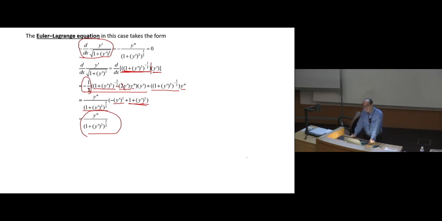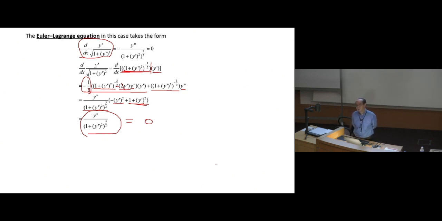All right. But then with this, what if we know this one has to be 0? What does that mean? If this one is 0, what conclusion can you get? The numerator has to be 0 because the denominator cannot be infinity, right? So only possibility is the second order derivative of y is 0.